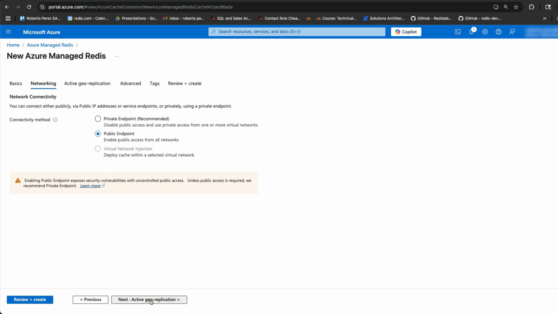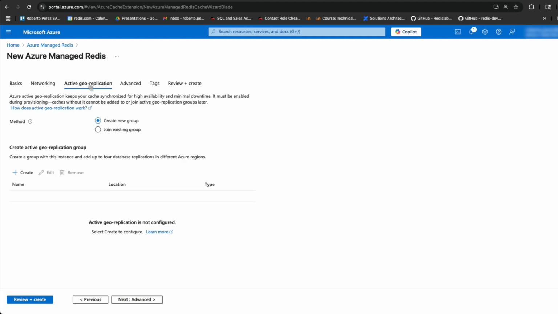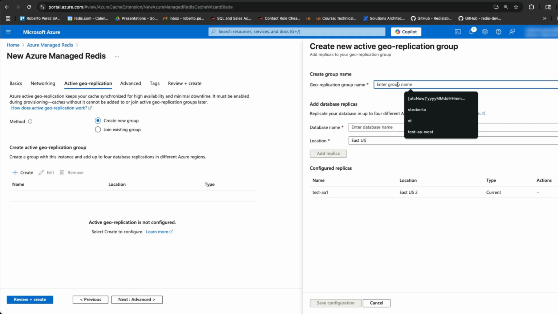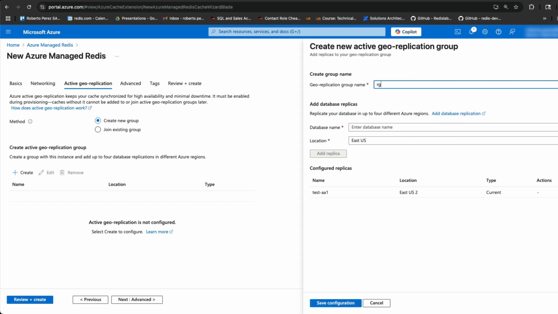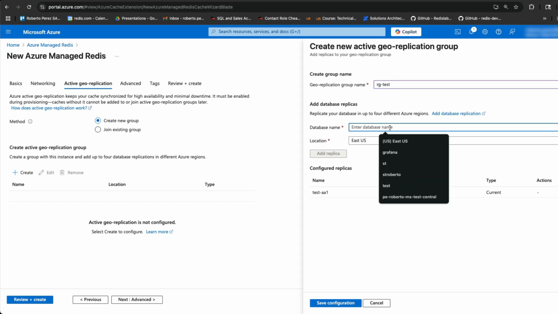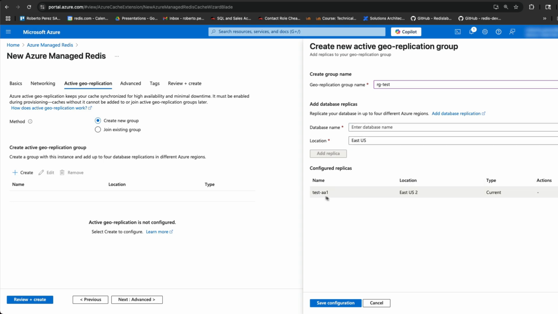So here's the screen of active geo-replication. In this screen, you will select create new group. So we're gonna click create. The next thing is giving a geo-replication group a name. So in my case, trio replication group test. And here, if you see, you already have a configured replica,